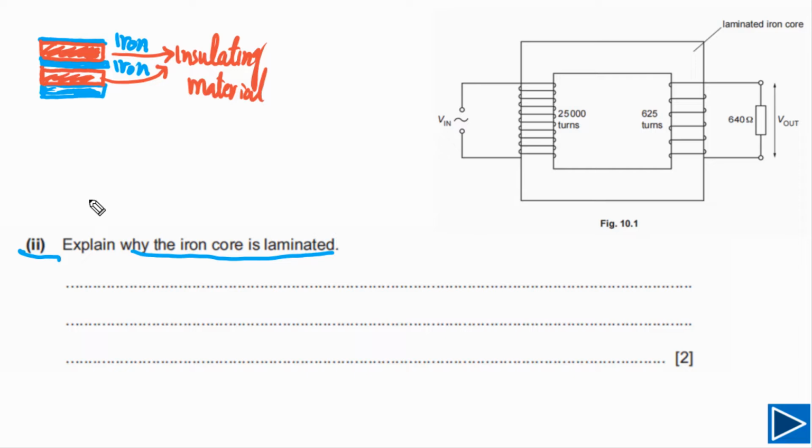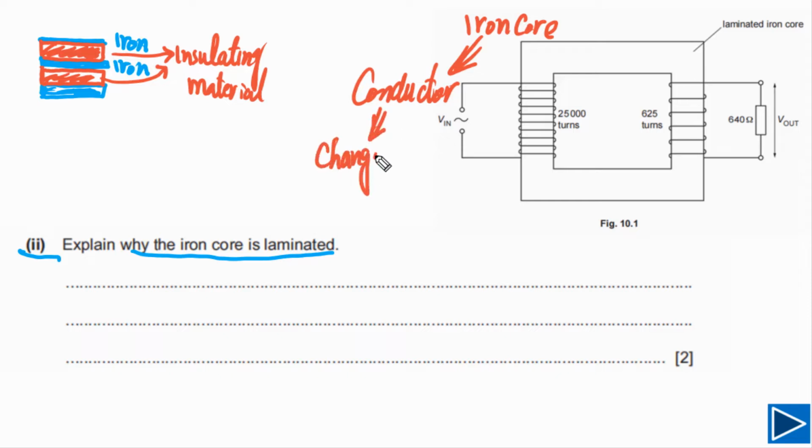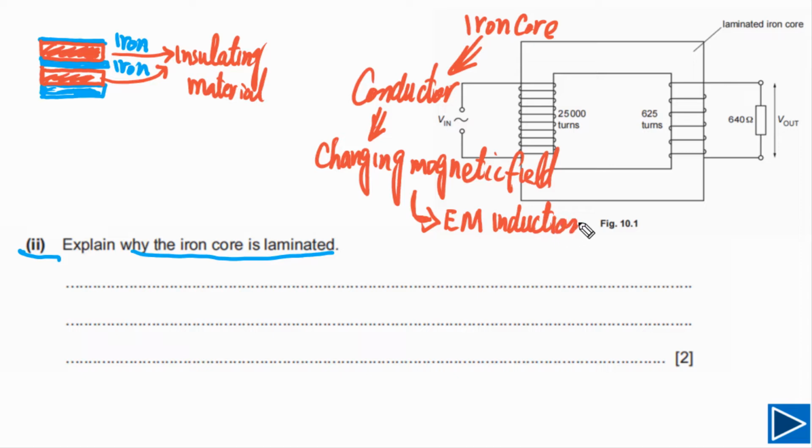Now we need to understand the benefit of a laminated iron core. The first thing to understand is that the iron core is also a conductor. And this conductor is inside a changing magnetic field, because this is an alternating power supply. The magnetic field in this coil is changing, so the magnetic field inside this iron core is also changing. So this iron core is inside a changing magnetic field, and by the electromagnetic induction principle,